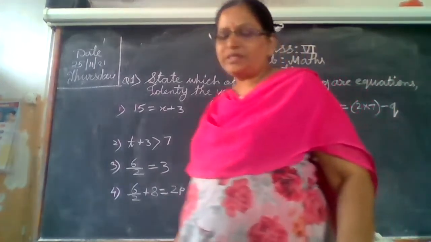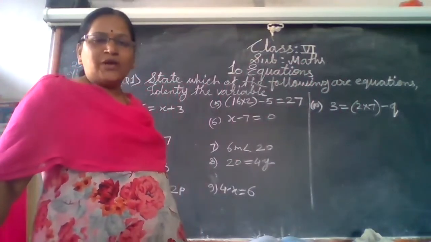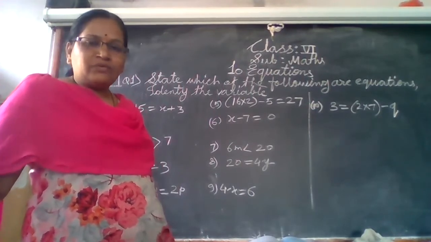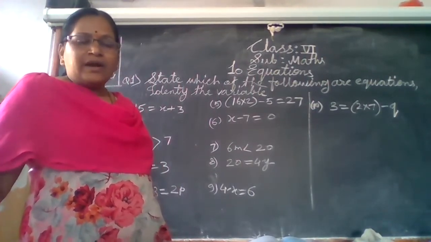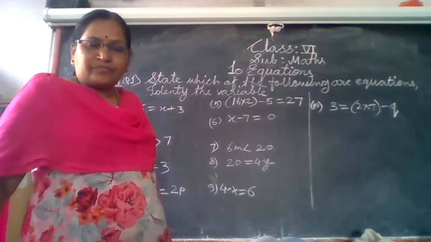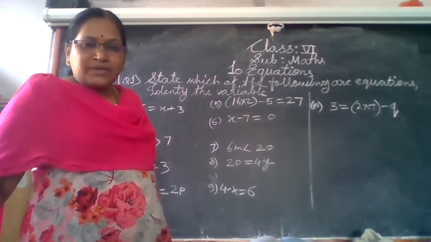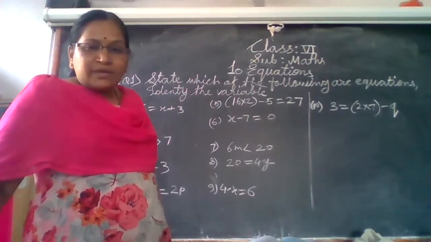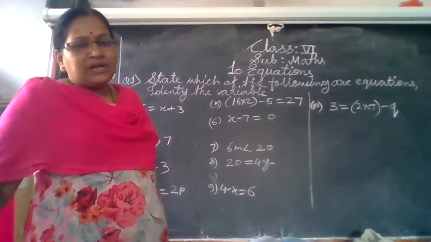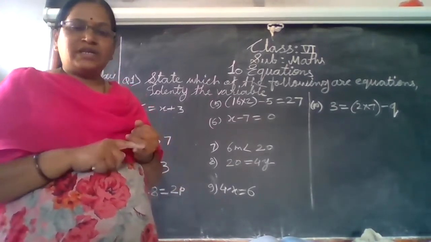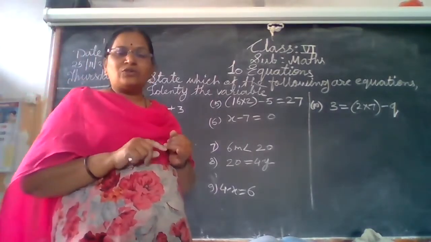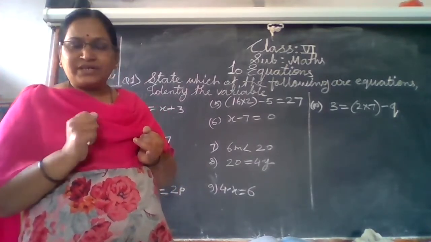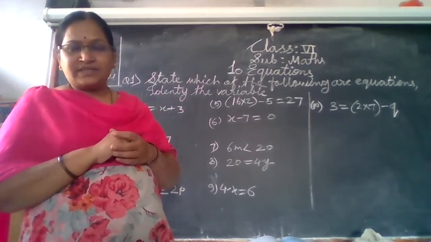Now see children, 10 questions are given and you have to identify which one is the equation, and if it is the equation, then you have to write down the name of the variable. Now see children, what is an equation? Equation is the algebraic expression having the equality and it having variables as well as the fundamental operations. Means it has any variable from A to Z. Also, it is having fundamental operations, that is plus, minus, multiplication and division, and having the equality sign.